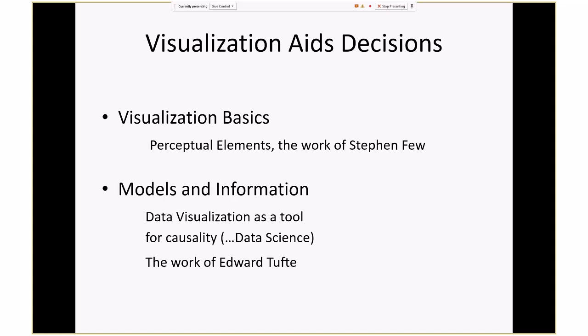Oftentimes the business people or whoever's the consumer of the report will say, I want a bar graph, or I want rows of data, or I want a chart. So many times that's set by the people who we provide the report to. Oftentimes we get some input into here's what they're trying to do, and then help them to execute that in